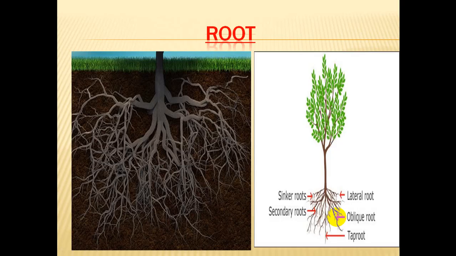Okay, students, before discussing the other part, we will see the root of the plants. Wow, this is a nice picture of a root. So see, these are the different parts of the roots. It goes deep under the soil. If you just see, these are different parts. These are branches. This is the main part of the root. See, this is the main part, these are sub branches of the root, and this is also another part of the roots.